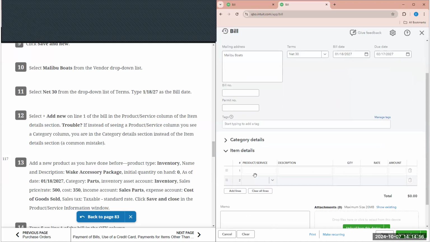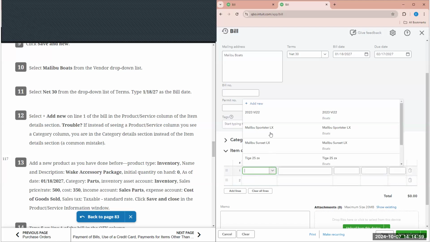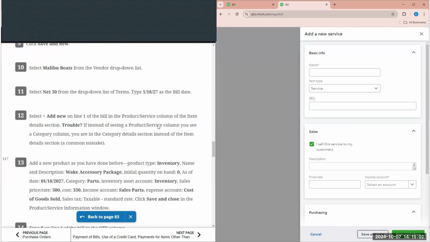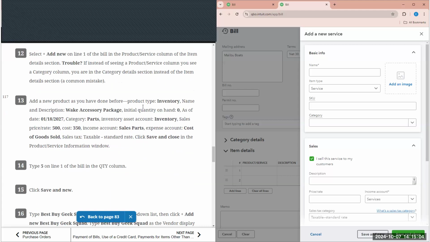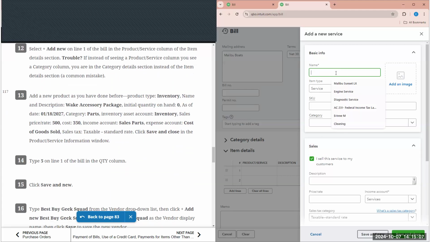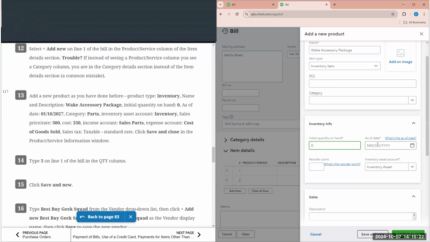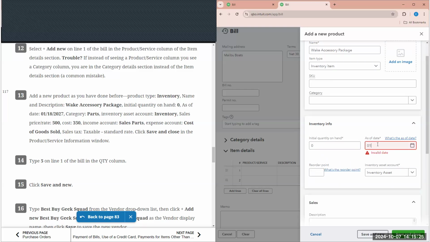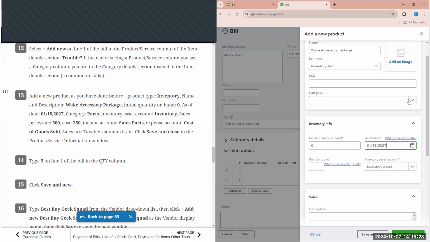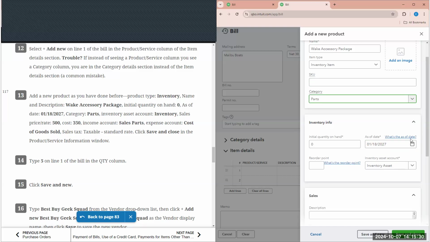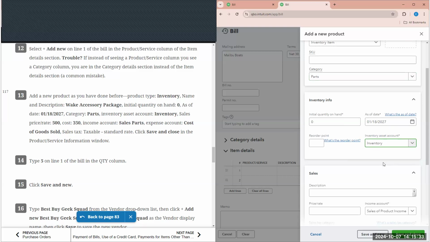So here we are. So we add new. And then it's asking us, as a new product, as you've done before, we type in inventory, the product type rather. The name is the Wake accessory package. The item type is inventory. The quantity on hand is 0 as of 01/18/2027. The category part, the inventory asset account is inventory,